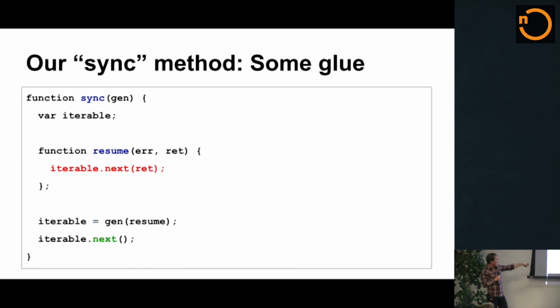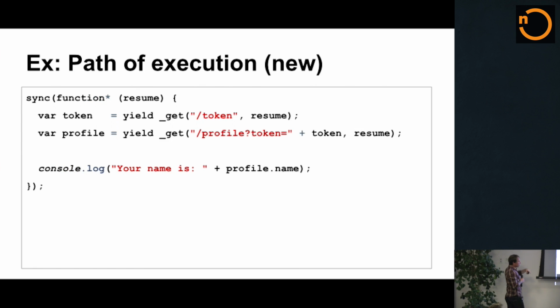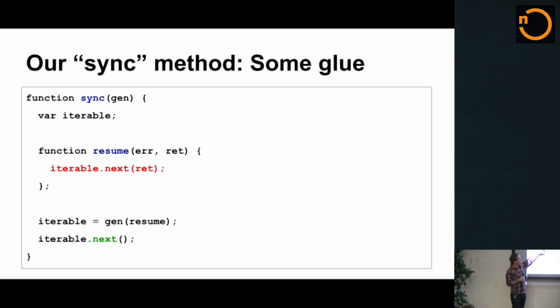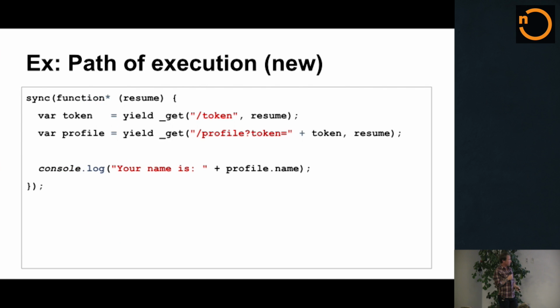What it's going to do is pass a function called resume, and then it's going to immediately call next, which is going to start evaluating the generator function from top to bottom. The interesting thing about this resume function that we're passing the generator is that we can pass that function as the callback to our asynchronous operations, and when they are done, they, via a closure, will restart our generator function, passing whatever value they got from their asynchronous operation. Does that make sense? You can see this resume is passed to the generator function, and I just passed this resume function on to my asynchronous operations as their callback function.